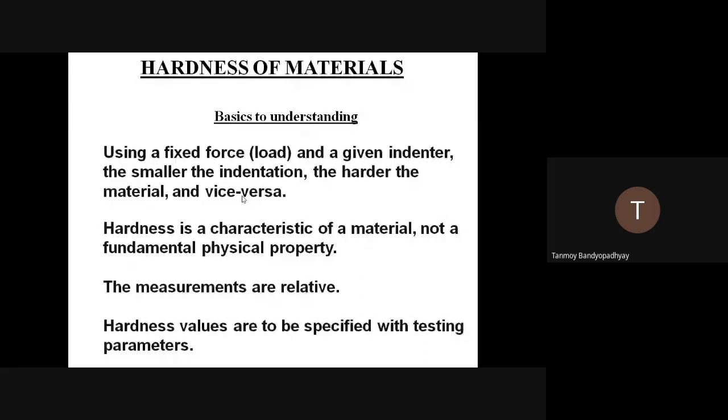It may change based on the carbon percentage, based on the heat treatment process you are doing, and whatever alloying substances you are adding. Based on all those things, the hardness of the material can be different even inside the same specimen. So you take the same specimen at two different points, and you can have two different values of the hardness. So the measurements are relative. Whenever you are measuring the hardness of two materials, whatever measurements you are doing, that is a relative measurement between two materials, two specimens, A and B.